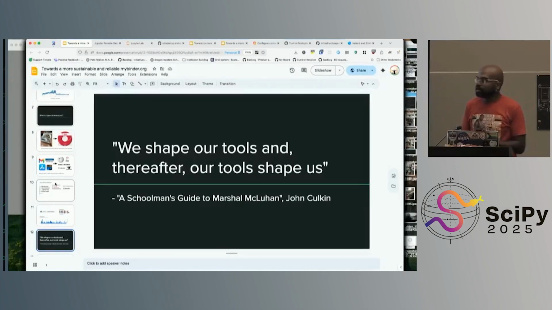That doesn't help anyone. But it is really important for us to see that the tools we use definitely shape us. So we have to pay attention to who shapes those tools and what their incentives may be, and try to align our incentives with theirs. And the most obvious common way to do that is for us to shape our tools ourselves, and participate in that. You don't need to know everything about Kubernetes to use mybinder.org, but it is important that there is a subset of people who use mybinder.org who do know it, and then can change it so it fits their user bases. And I think that's really important, especially in this year.